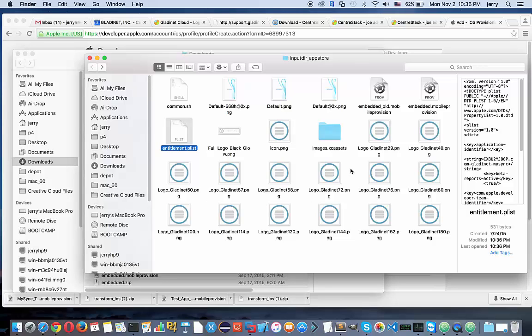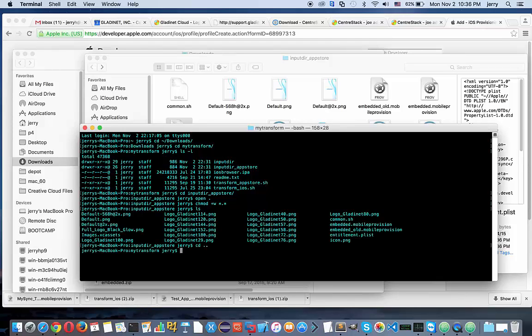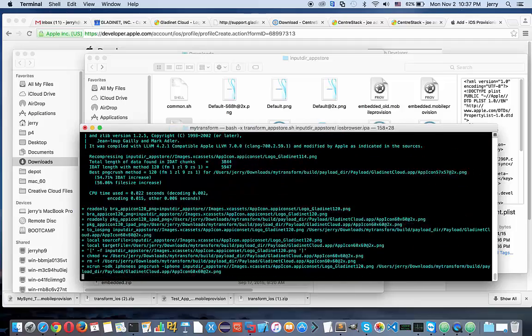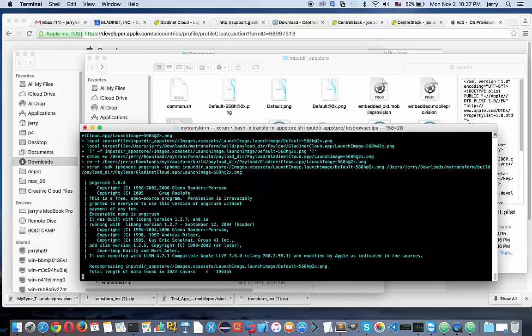And after that, the rest are more mechanical. You just create your app icon, the biggest one, like 512 by 512, and then you resize it to different resolutions, like 140 by 140, and then replace those app icons in the input folder, and that's all. So once you have prepared all the items, including the artwork, the mobile provisioning file, the certificate file, and the entitlement, now you can